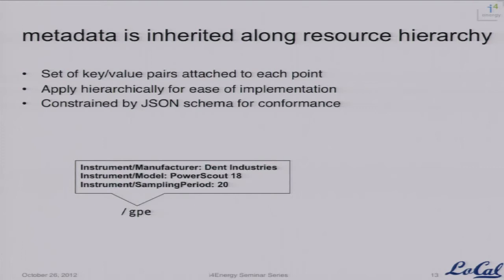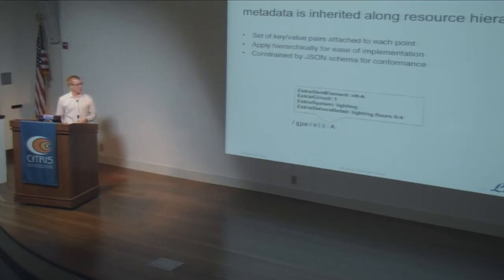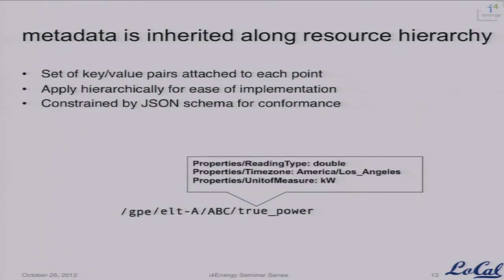Hall. But then maybe we'd have a sub-resource called GPE, which is a PowerScout 18, which is a 6-phase electric meter. And maybe we'd say the first phase of that is measuring lighting on floors 0 through 4. And that phase ABC is measuring phase ABC. And finally, we'd get out to the point where we can say that this particular time series is a floating point number in the US West time zone that's measuring kilowatts. And so using this, all the other tags apply to this one, but only the kilowatt tag applies to this particular time series,